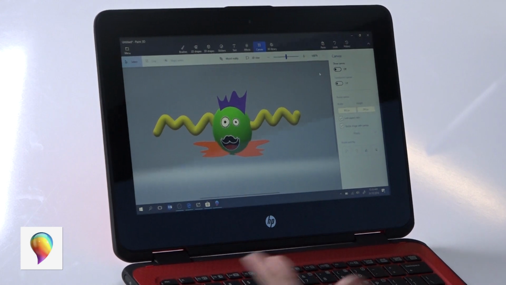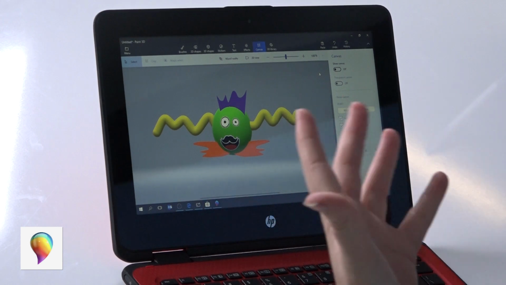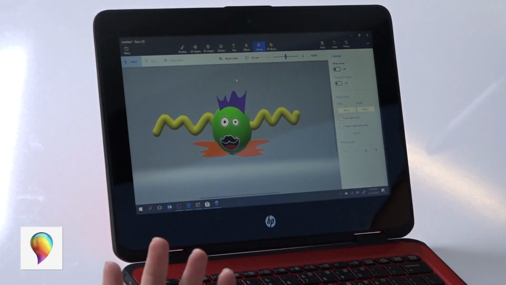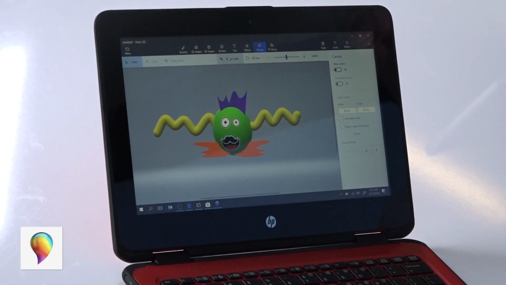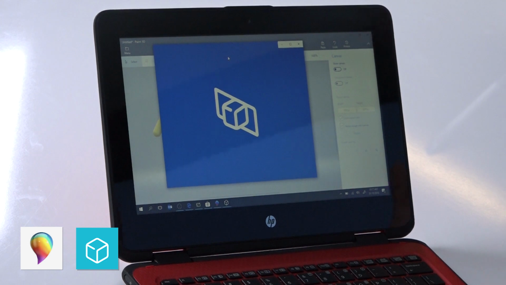So great to have a monster, all good. Now we can actually place it into the real world in front of us. This is the fun stuff. Mixed reality. Watch this. When I click on the mixed reality button, it's actually going to push this app from Paint 3D into the mixed